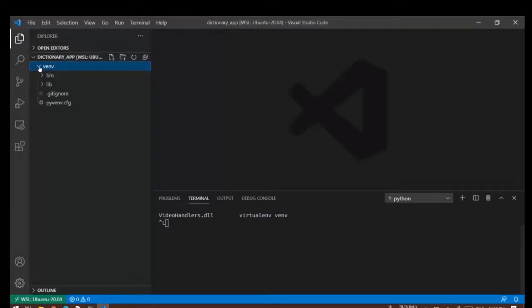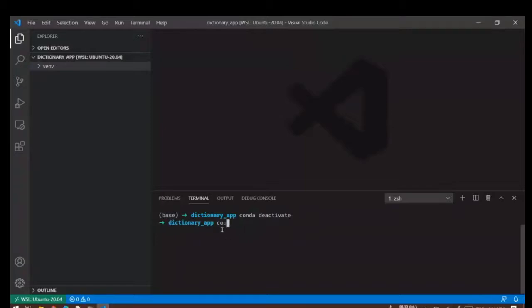As you can see, a new folder has been created with bin, lib, and other stuff. So I'll simply deactivate my conda environment, conda deactivate. As you can see, my conda environment is active, so I'll first deactivate it.